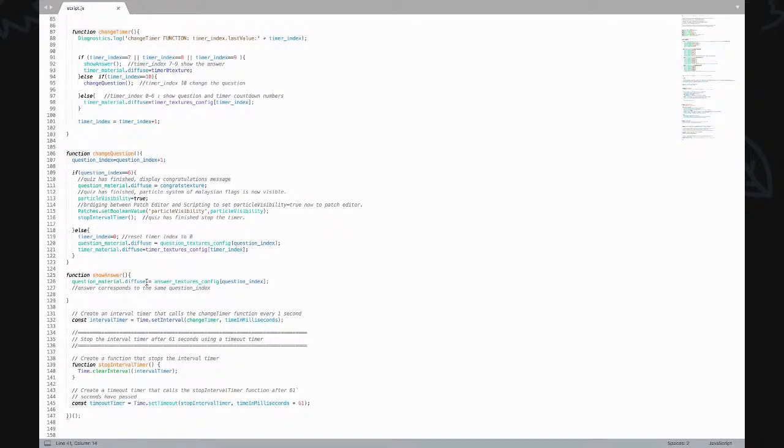Show answer basically just assigns the correct texture to the correct index in the answers texture config. So all of these are little helper functions, but what the main part of this code is, we have an